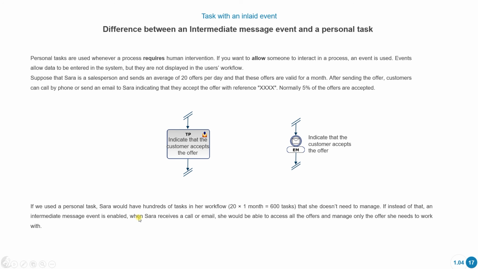Okay, so let's say when Sarah receives a call or an email, she would be able to access all the offers that are in this situation. Okay, so she is going to be able to access the 600 offers that are in the system, and she's going to be able to unblock whichever of these offers she wants to unblock. Okay,